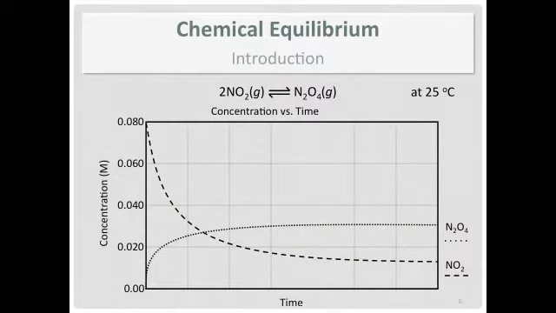If you look at a graph over time, notice how at the beginning, the far left, you start with a lot of dinitrogen tetroxide and no nitrogen dioxide. And then over time, look what happens to the graph. Look how it's horizontal for both. What does it mean slope-wise when a plot goes horizontal? The slope is 0. That means there's no net change. So if you're looking at a graph like this and you're trying to figure out where's equilibrium, it's on the right side when the slopes go horizontal.